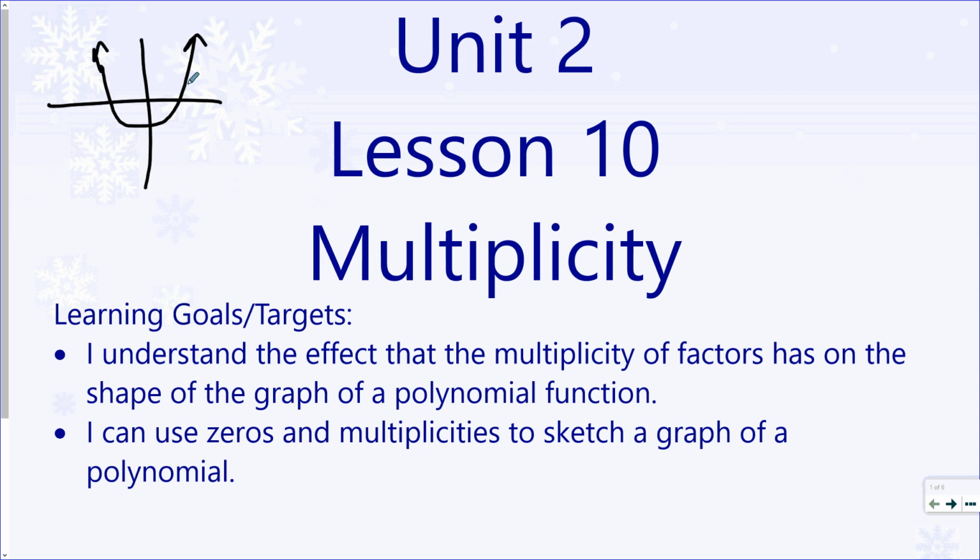I can describe here and here, where it crosses the x-axis. And I can even usually find a y-intercept. That paints a pretty clear picture of a function. But there's one thing left that we have not discussed much, and this comes from a problem